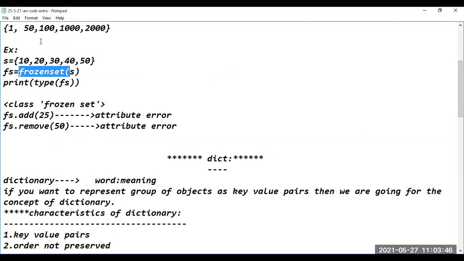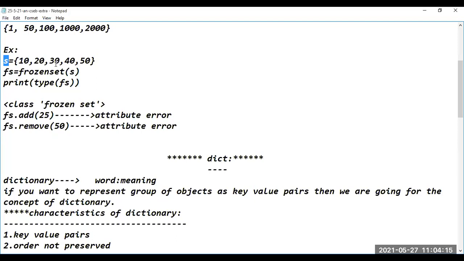First of all, we have to consider a set. The set is given like this: S equal to 10, 20, 30, 40, 50. So what's the data type of S? Set. Is set a mutable object or not? Yes, sir. So when it is a mutable object, what's my requirement? I need immutable.